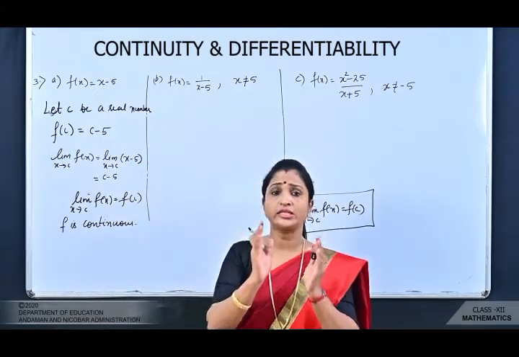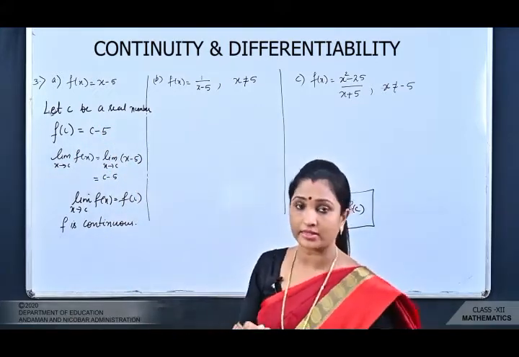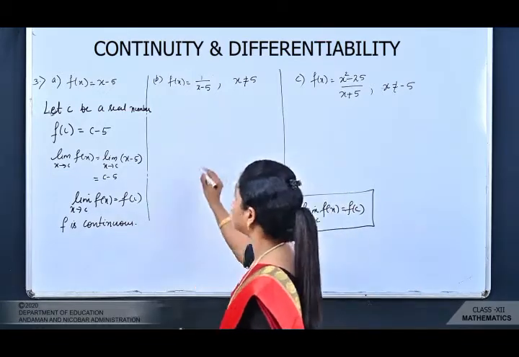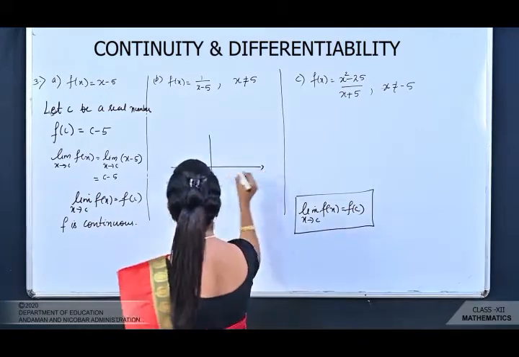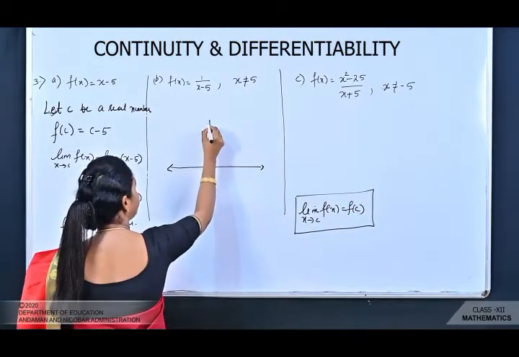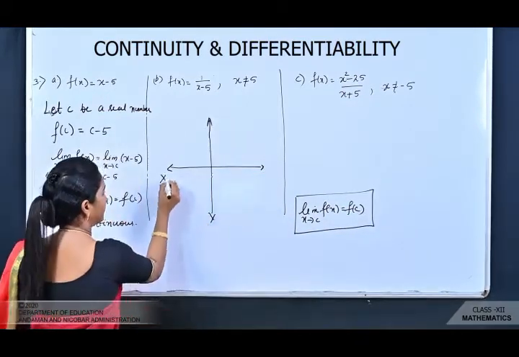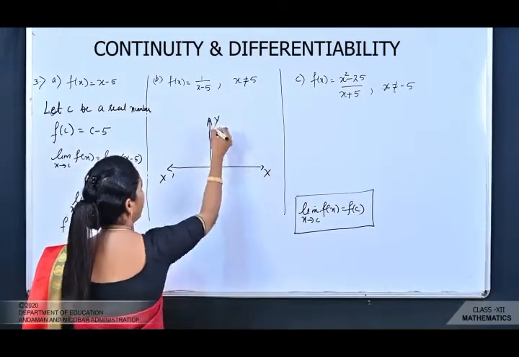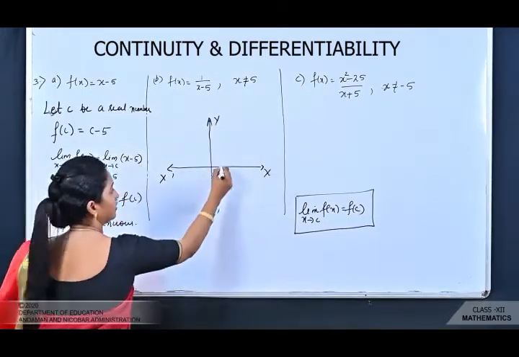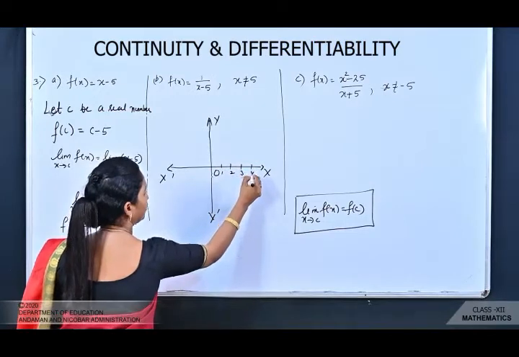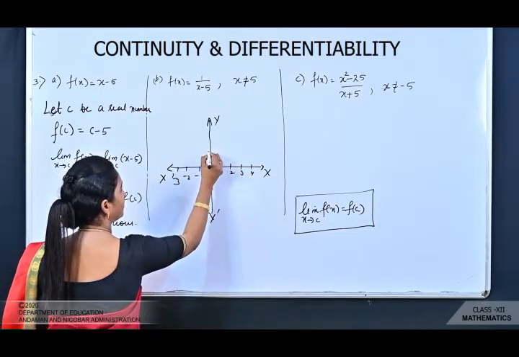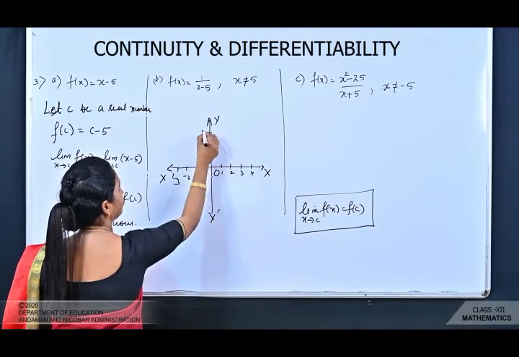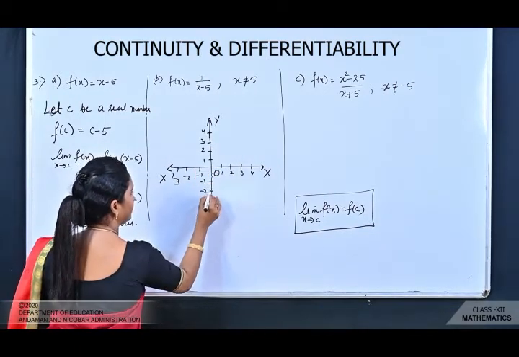Okay, so if you see the graph, अगर आप उसको detail में सीखना चाहते हैं कि what it is, how it is continuous, you can just see the graph. ठीक है, यहाँ पे आप देखिए, ये मैंने graph बनाया. See here. This is x dash, O, x and this is y dash. So it is 1, 2, 3, 4. Just मैं आपको एक इसके लिए बता रही हूँ कि कैसे ये continuous है.